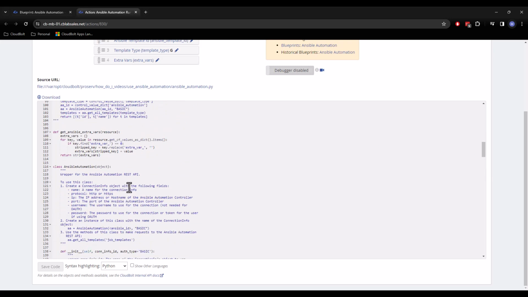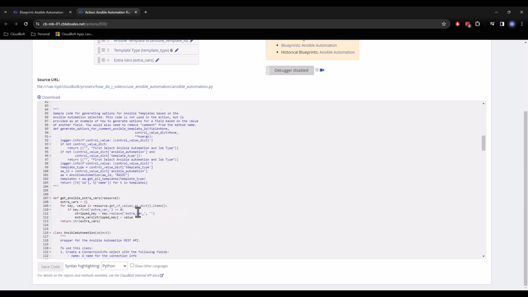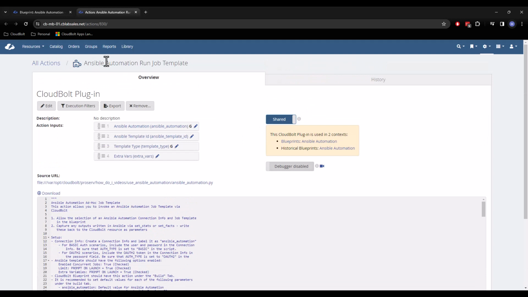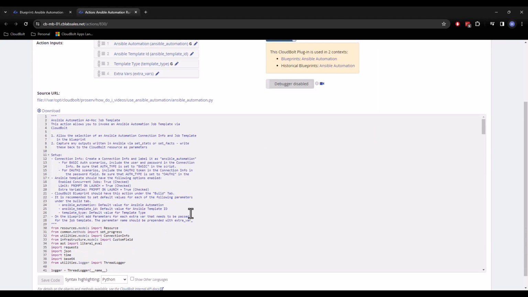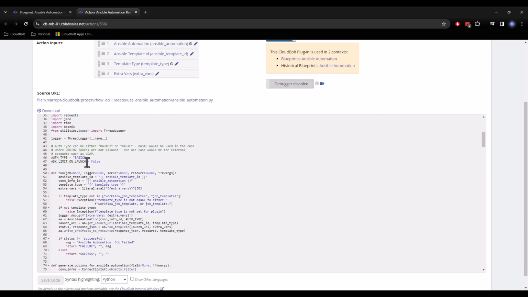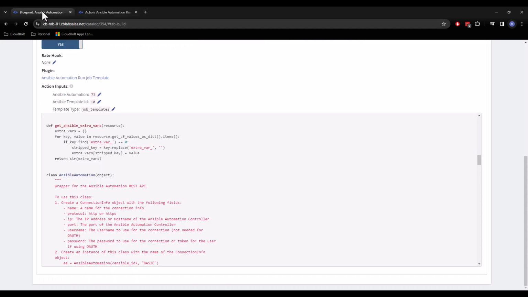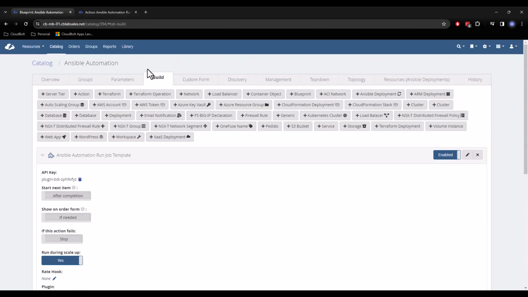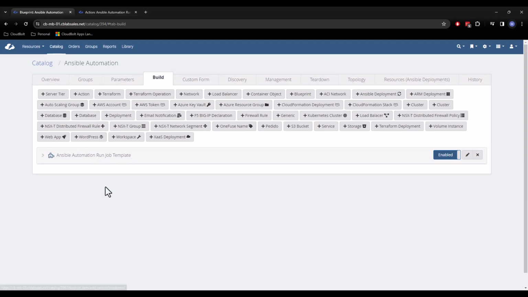What shared modules allows us to do at CloudBolt is take this class out of this plugin. The plugin itself is called Ansible Automation Run Job Template. We should be using that run method to invoke some kind of call against an external system. However, when you look at a blueprint, and this wasn't the use case for this, so we just went with the one-off use case, anytime I want to talk to Ansible, I'm going to have to recall